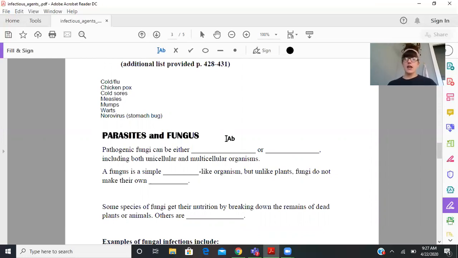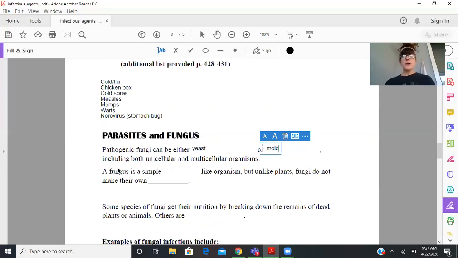Parasites and fungus. Pathogenic fungi can either be yeast or mold. And we eat mold. If you ever have blue cheese, that's mold. Cheese is typically aged. So like I said, some fungi or some bacteria are not pathogenic, like blue cheese. It's not going to make us sick, unless you're me. I don't like blue cheese. But we sometimes use mold to make things and yeast to make things, it's just some is pathogenic and